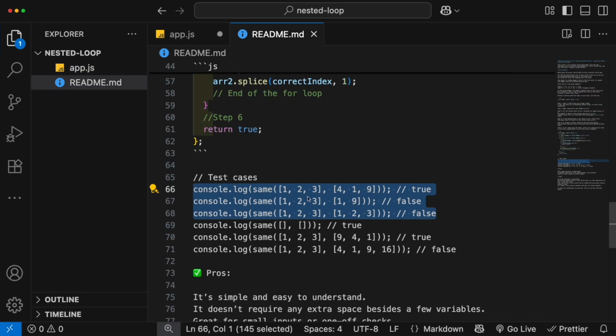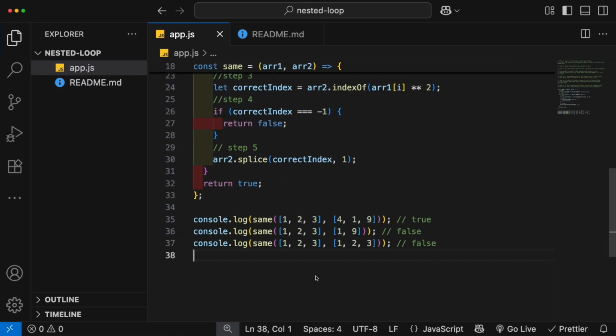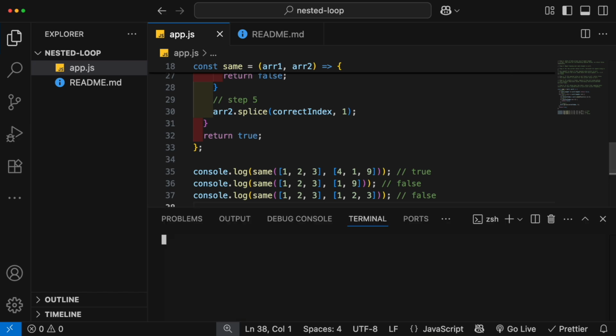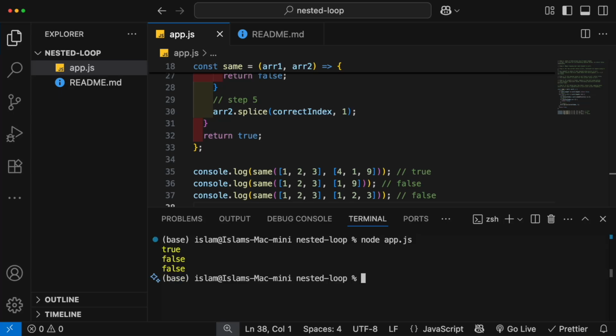In the readme you can find test cases. I will take these 3 examples to test them. Control C, and I will save it. To run this one in terminal, you can open the terminal and write node app.js to run the JavaScript file, and when you run it, we get true, false, false,